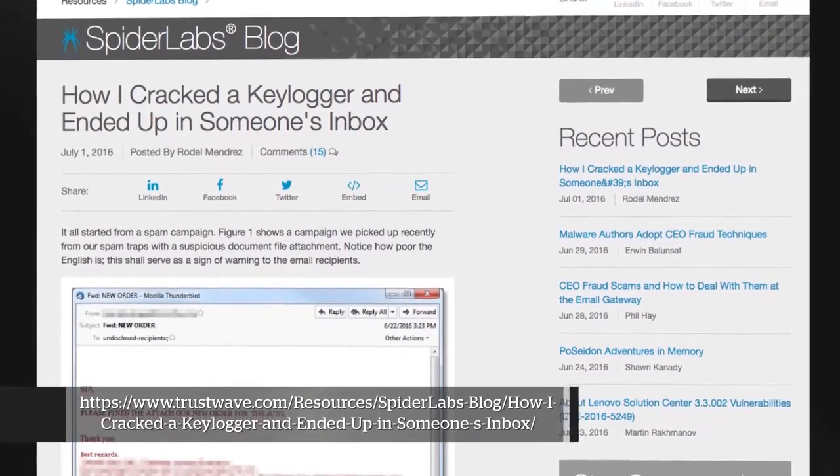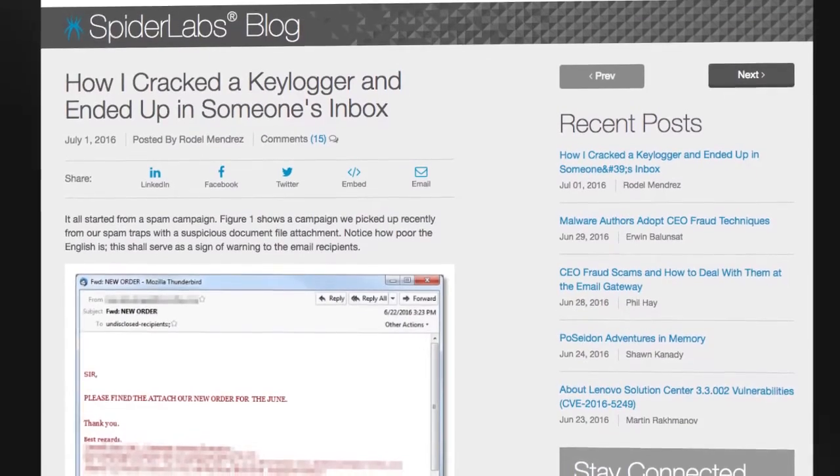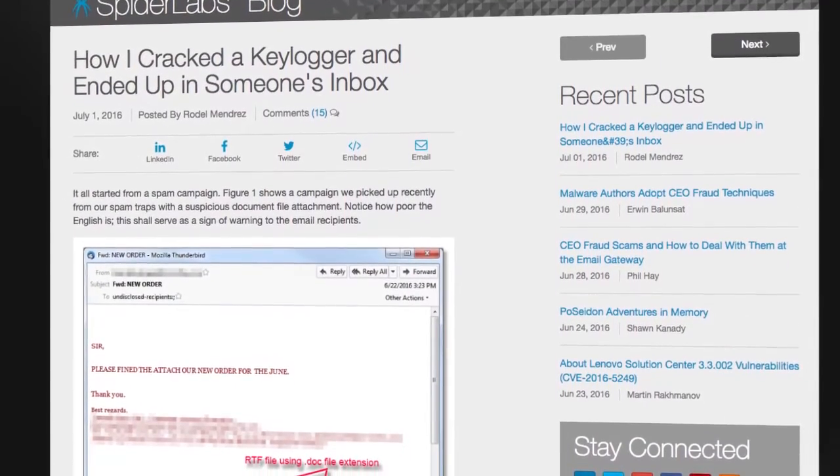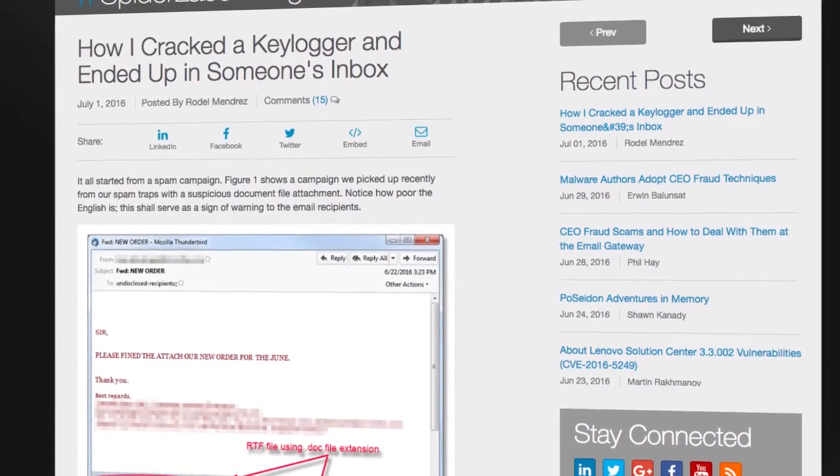So the researcher, they have spam traps over at TrustWave. This came in one time. It had a malicious, what looked like a doc file, but was actually an RTF, which is kind of an older format. Right. And it actually had an exploit for a vulnerability from, I think, 2010. Yeah. Apparently this is still working enough for these guys to start using it in their attacks. And that actually contained a little bit of shell code, reached out to a server, pulled down a copy of